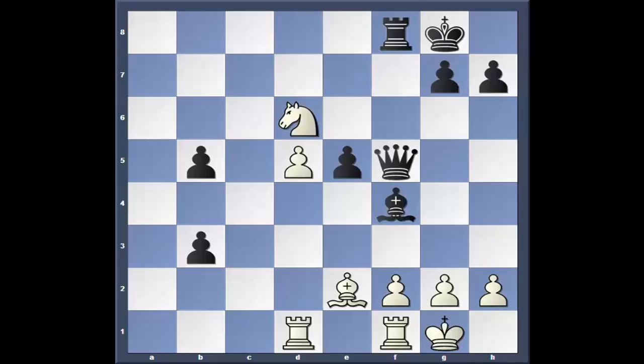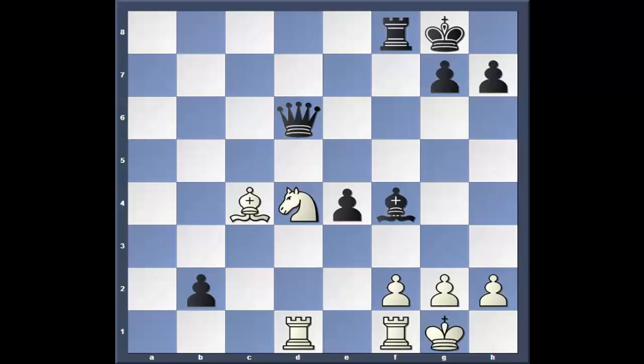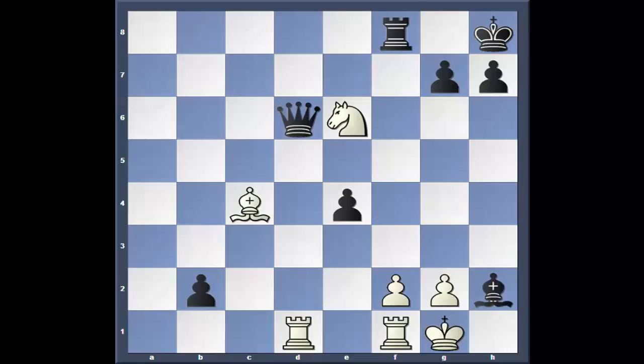What a mess. Queen to g6, knight takes e4, trying to cause some kind of counterplay, d6, b2. And how's he going to stop that pawn? Knight to d4, queen takes, d6, bishop checks, king moves over, knight to e6, hitting the queen, bishop takes check,